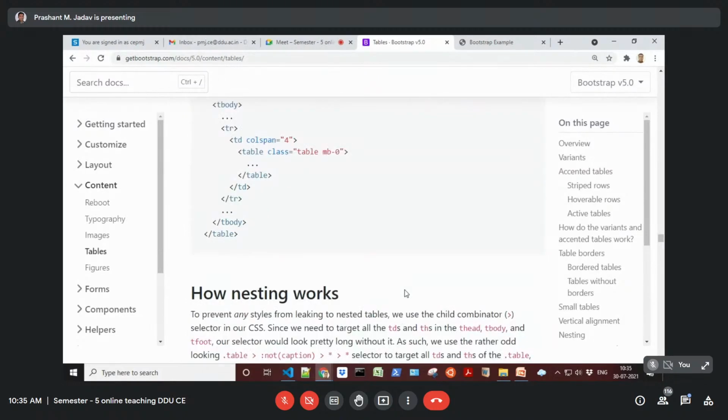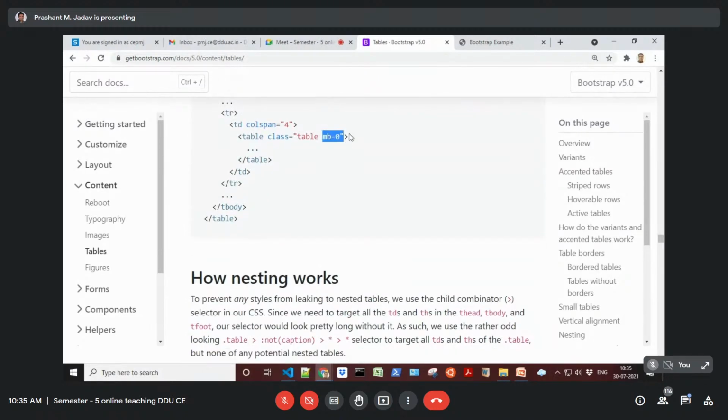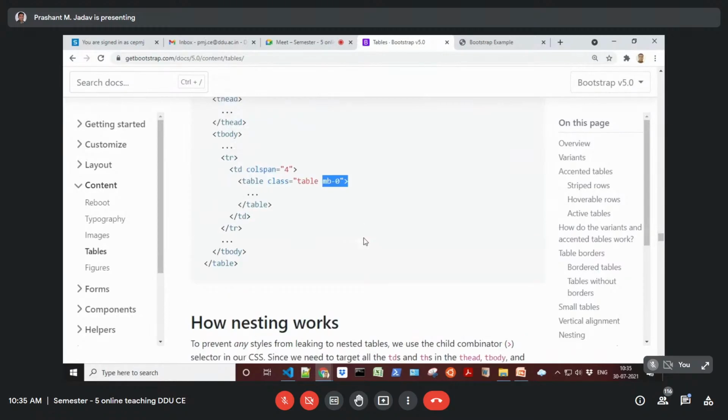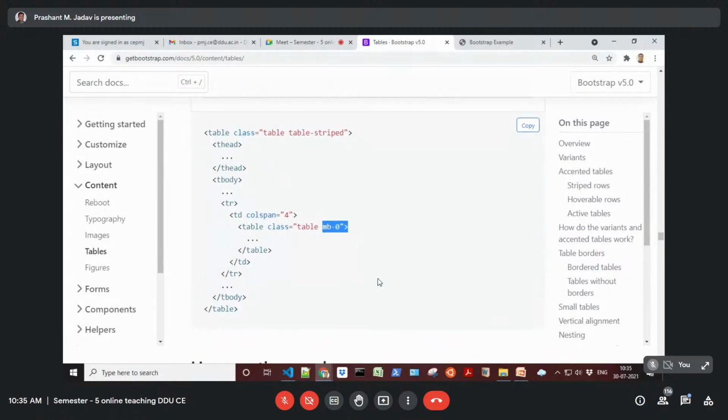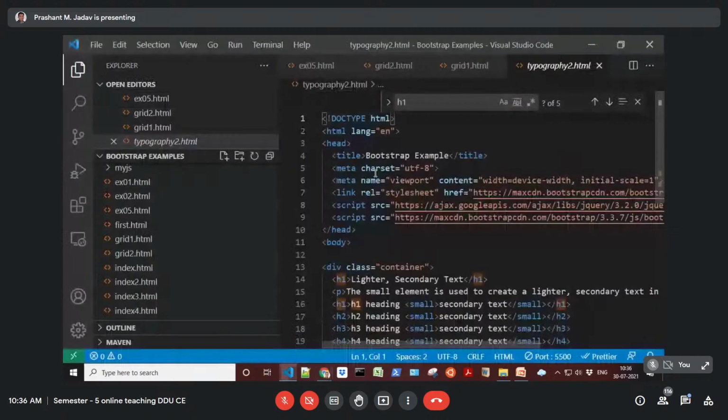And this class is for margin bottom 0. So specifically for a particular cell or particular row, if you want to change the bottom margin, these are some utility classes available in Bootstrap, like mb stands for margin bottom, then margin top, margin left.